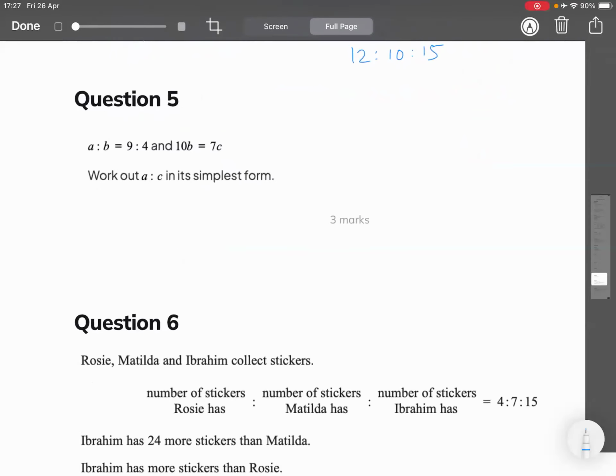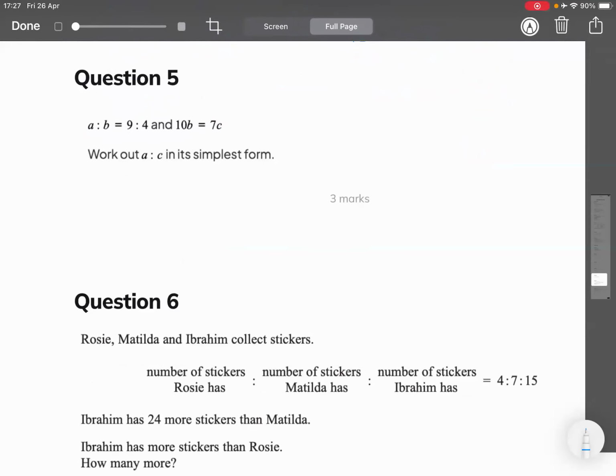What's my equation for B to C? So if I have 10B equals 7C, what's my equation? So it's 7B, 7 to 10. Good. And then obviously I've already got A to B, which is 9 to 4. How do I combine them? To get B the same. What do I do? So 7 times 4, so it'll be 28, and then 7 times 9, 63, and